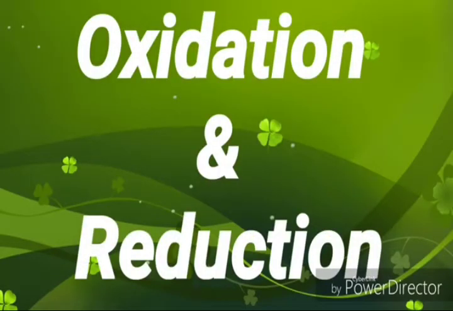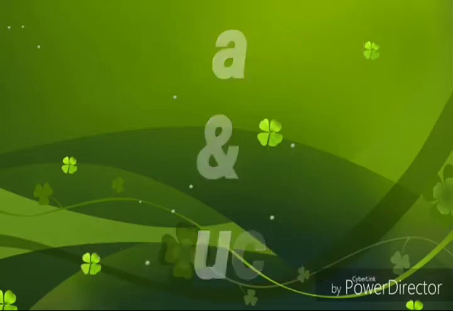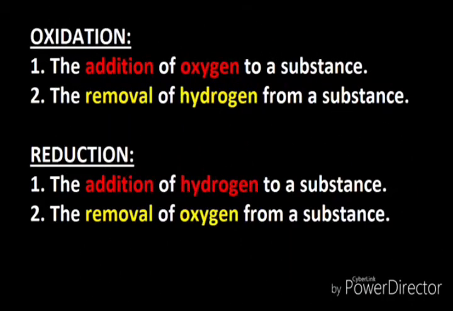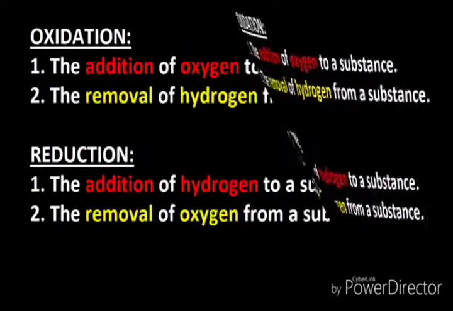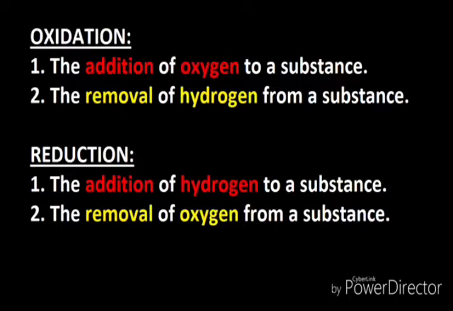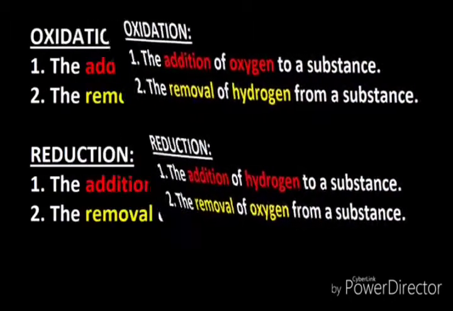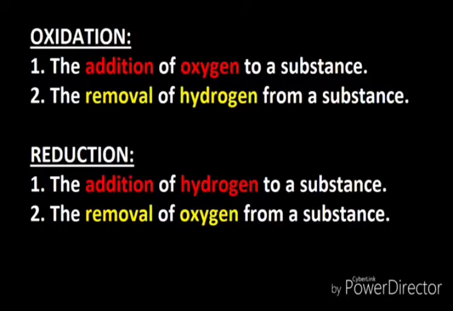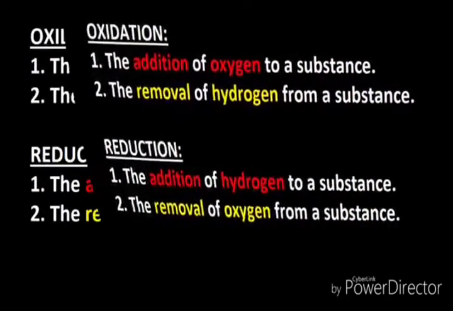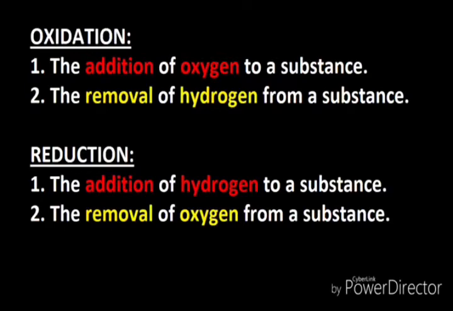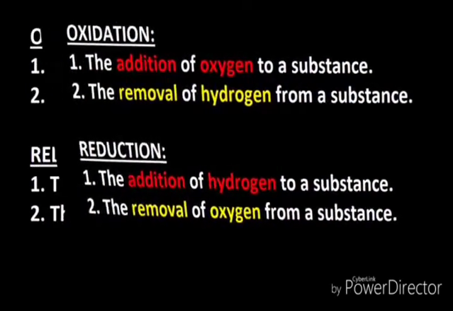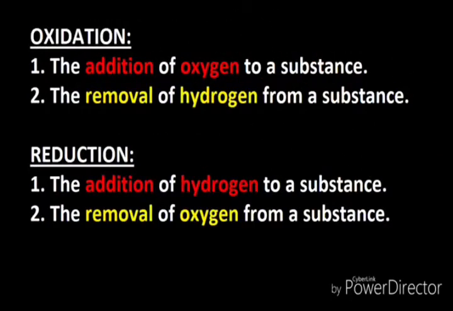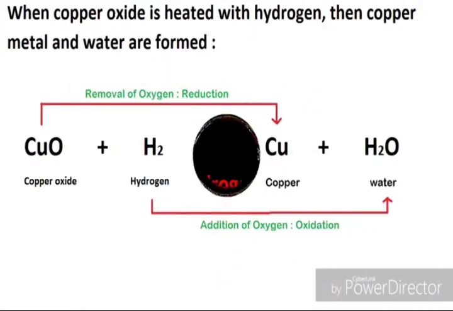Hello students, today we are going to study the last type of reaction, that is oxidation reduction reaction. Together we can say it is redox reaction. So first of all you need to know what is oxidation and what is reduction. Oxidation is nothing but the addition of oxygen or removal of hydrogen. Reduction is nothing but the opposite, that is the addition of hydrogen to a substance or removal of oxygen from a substance. Okay. If this happens together in a reaction, that type of reaction is called redox reaction.